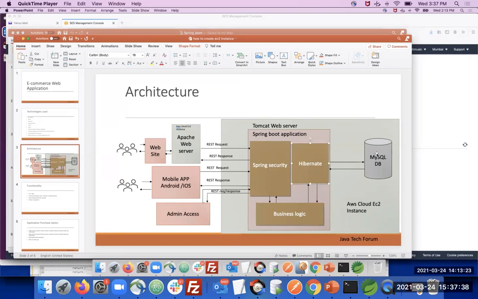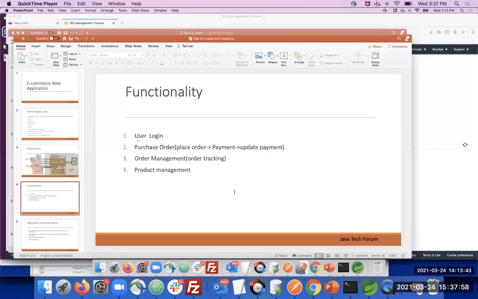The MySQL database is used to store and retrieve the data. It's open source. MySQL and the Tomcat server are both hosted in the AWS cloud instance.